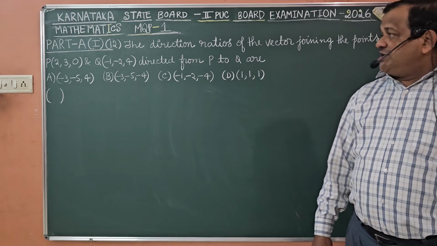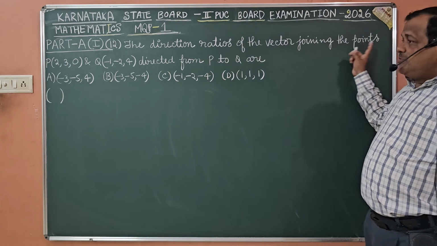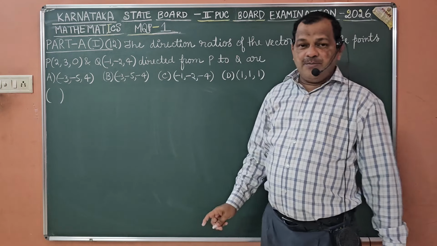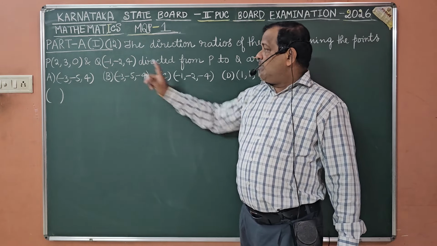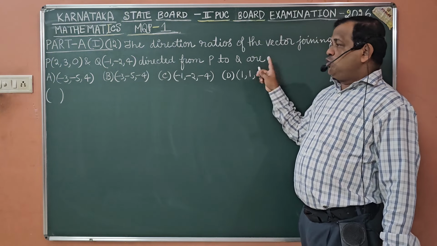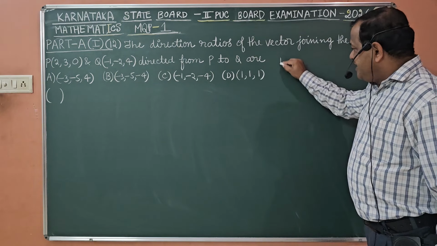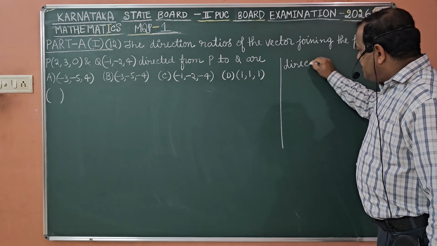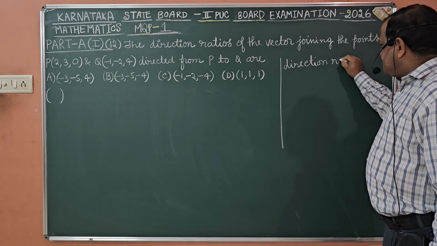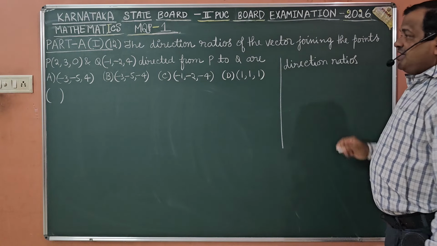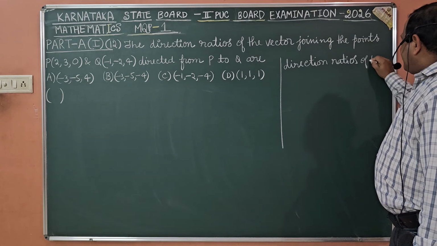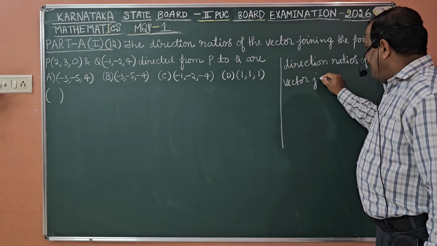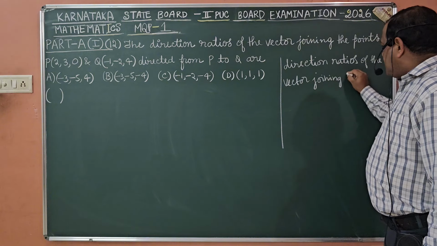The direction ratios of the vector joining the points P of 2, 3, 0 and Q of minus 1, minus 2, 4 directed from P to Q are. So first I write the formula on this side. Please remember direction ratios. See, direction ratios of the vector joining the points